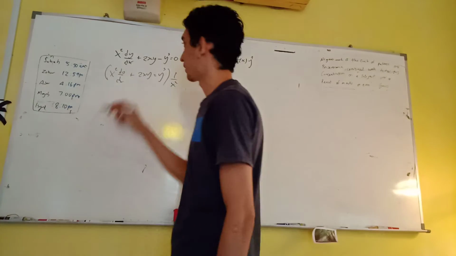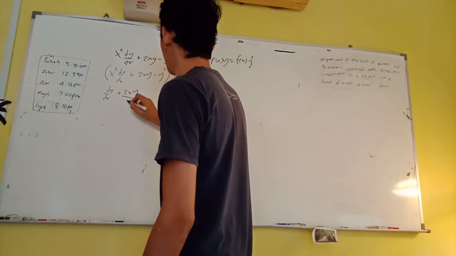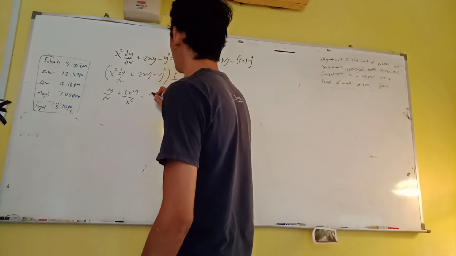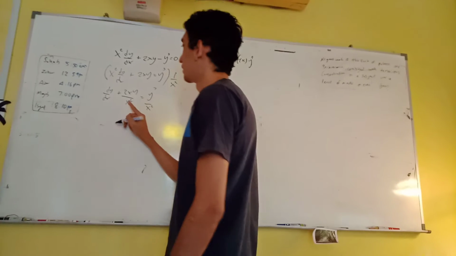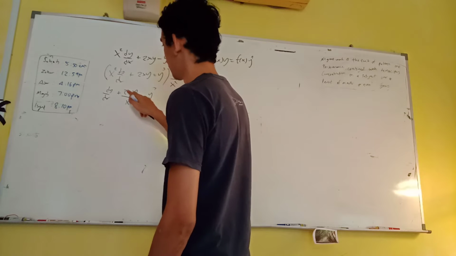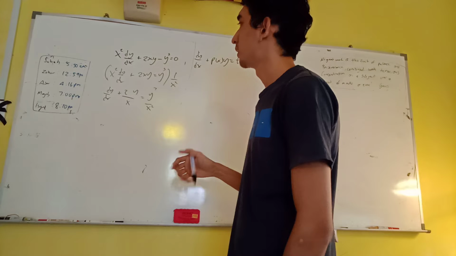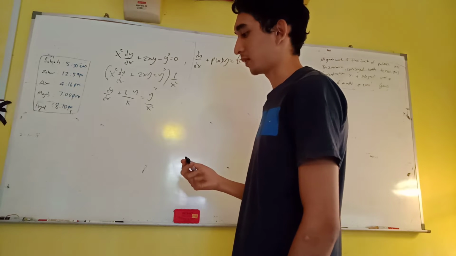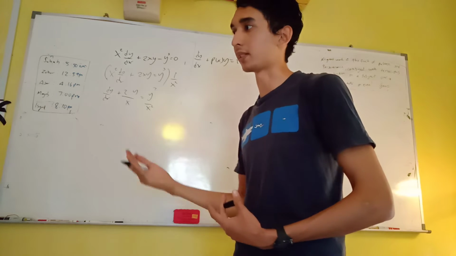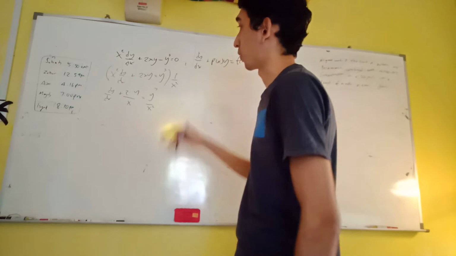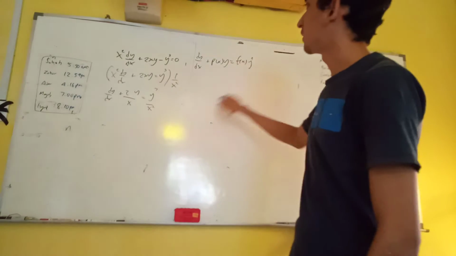So this will leave us with dy over dx plus 2xy over x squared is equal to y cubed over x squared. Now we need to simplify it: 2y over x. Now, when we are using the Bernoulli expression, we need to use another variable to replace our y, because we have y here. That's why we need to replace it. So we know that n here is equal to 3,